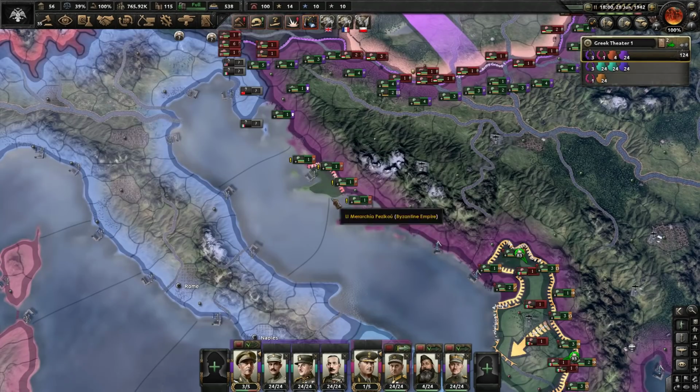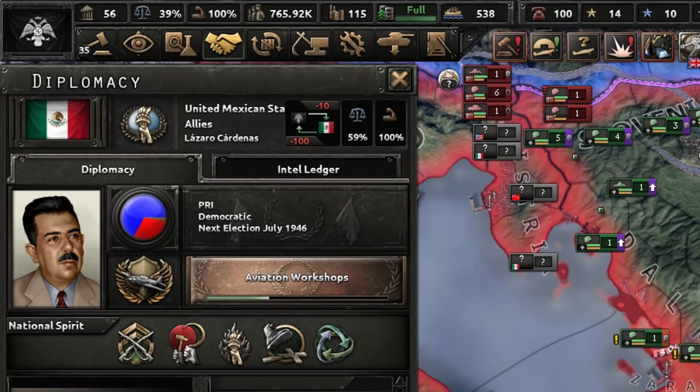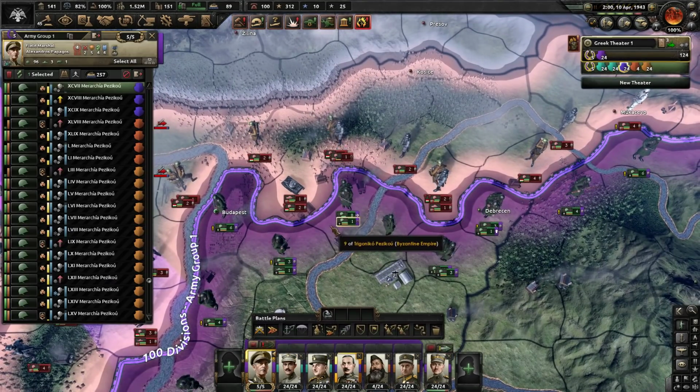Yeah, I was like, why can't I invade this piece of Italy right here? And that's because it's not a piece of Italy. It's owned by Mexico right now. That's right, look at me. I'm helping everyone. Now, my army is what they like to say in Greece, a traditional word,